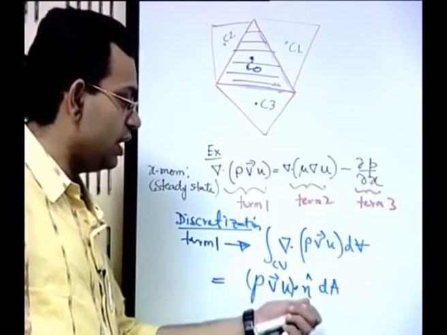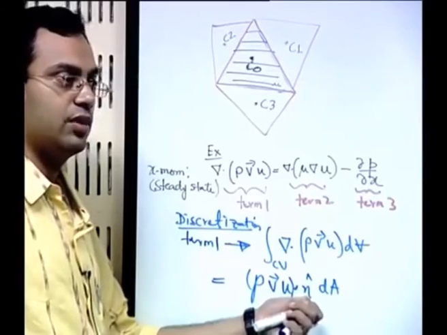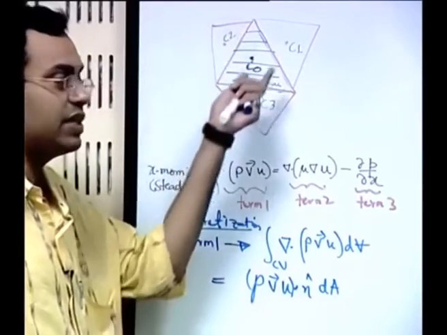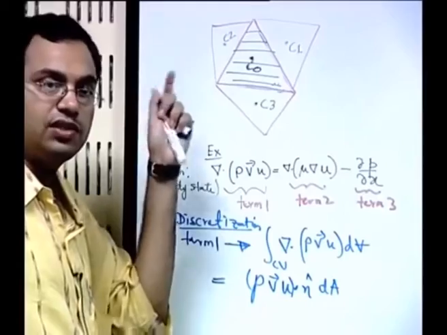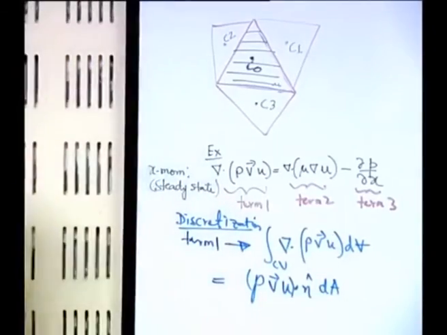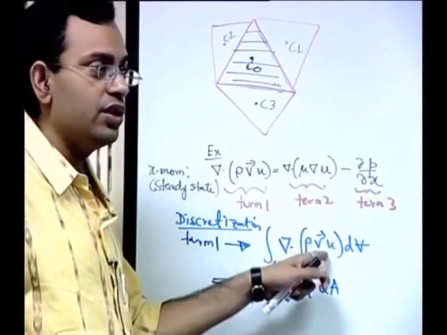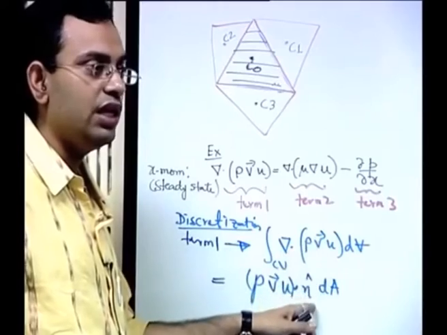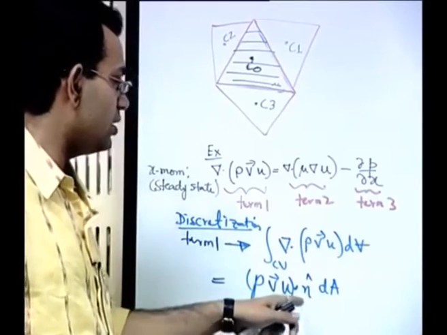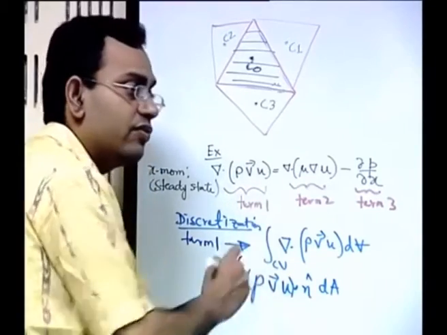Where eta is the direction normal to the surface. This triangle has how many bounding surfaces? It has 3 bounding surfaces. Each surface will have a normal direction, and we have used the divergence theorem to convert that volume integral into the area integral, and therefore we can discretize this as the sum of